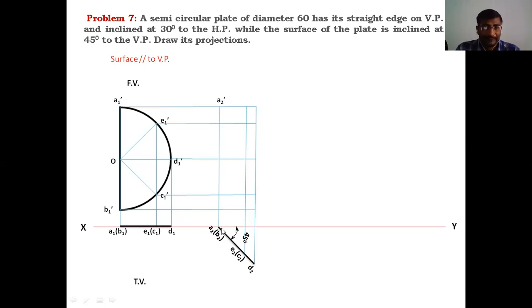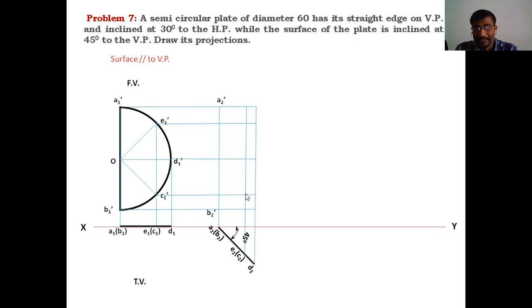So look at the second stage front view points. The line drawn from A2 will intersect the line drawn from A1 dash. That intersection point is located as A2 dash. Like that, locate B2 dash. B2 dash is the point intersecting between the B2 line and the B1 dash line. Similarly, C2 dash is the point intersecting the line from C2 and C1 dash.